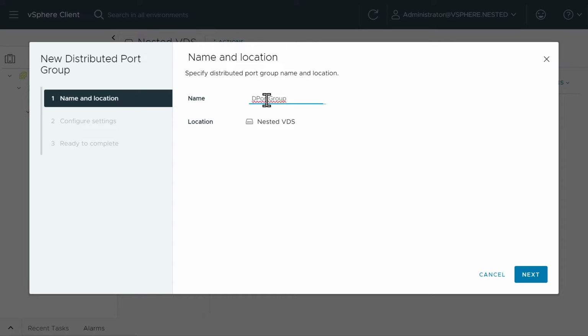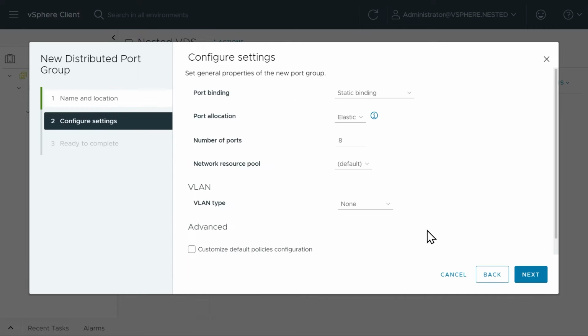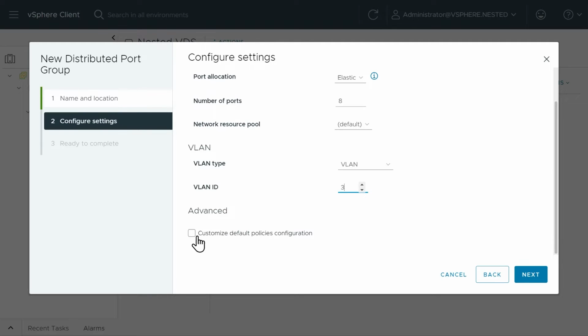All right, so for this port group, I'm going to go ahead and call it nested vMotion and click on next. And then we want to use VLAN 3, so we'll click here on VLAN, and then we'll specify 3 for the VLAN. And then I want to specify the other details here, or at least look at them, so I will click here in the advanced checkbox, click on next,